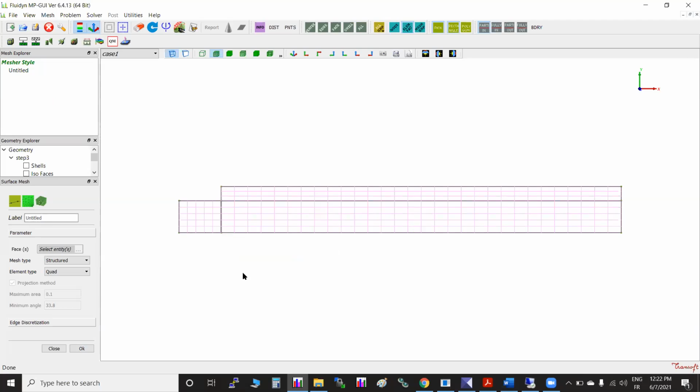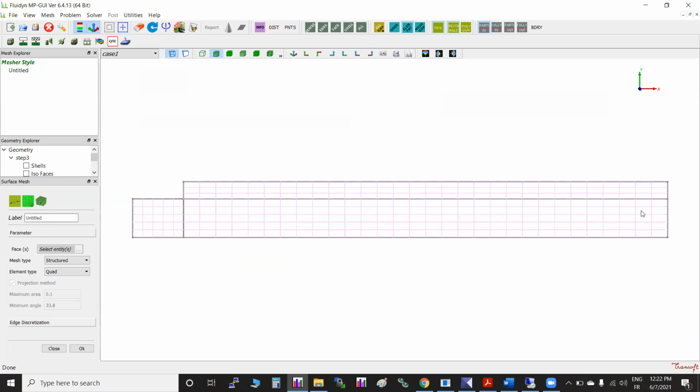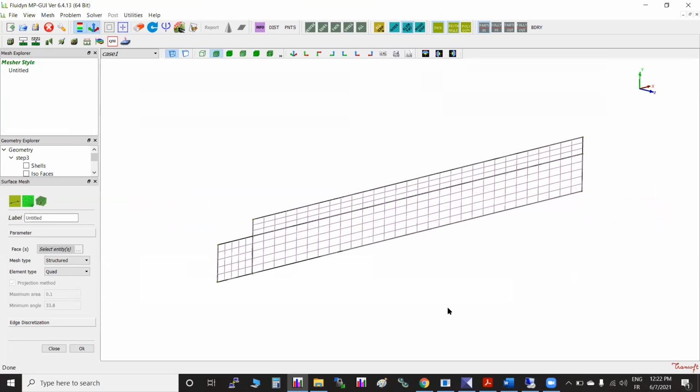It is not irregular, random, approximate, whichever way an unstructured mesh is generated. It is not like that. You are taking care of each and every part. You have a surface mesh, you can always go for revolution, you can always go for extrusion, you can always go for other parameters.